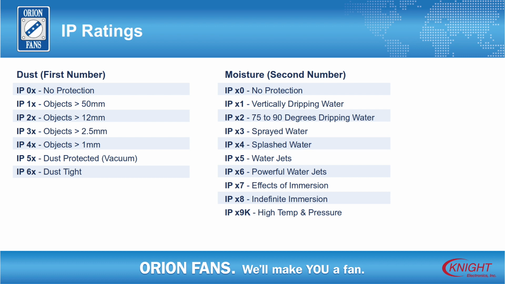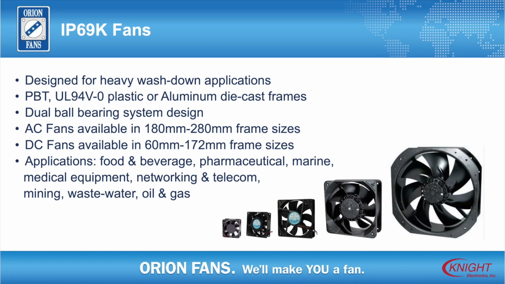The second character, the 9, designates that a product with this rating must provide the maximum protection against the ingress of water, typically full immersion, for an indefinite period of time. The third character, K, identifies that the fan is protected against high pressure, high temperature washdown spraying from less than 4 inches away. The latest evolution in fan IP ratings is IP69K, bringing a new standard in resistance to dust